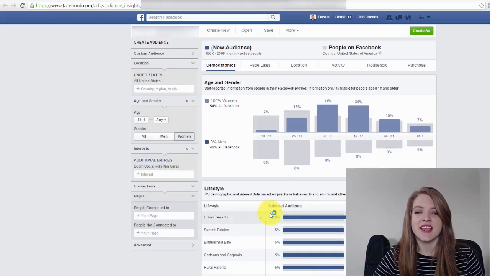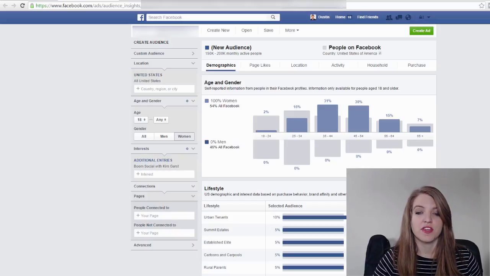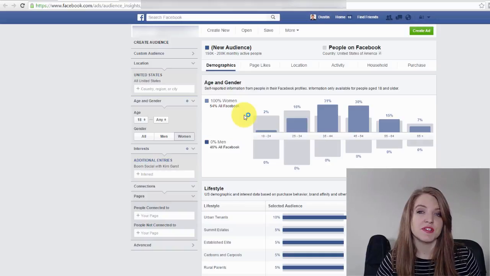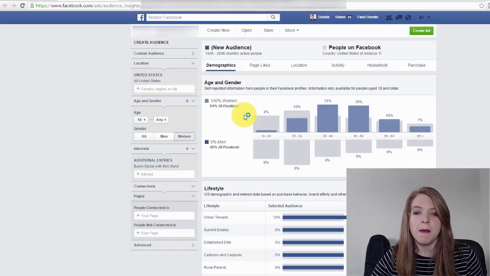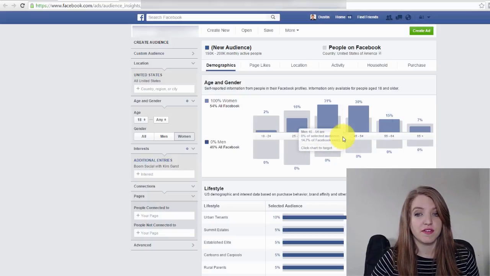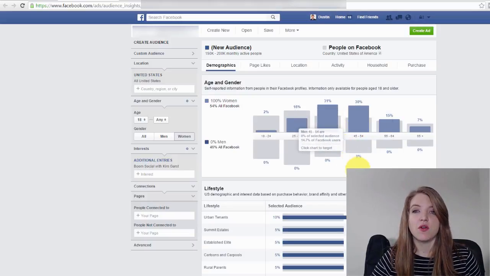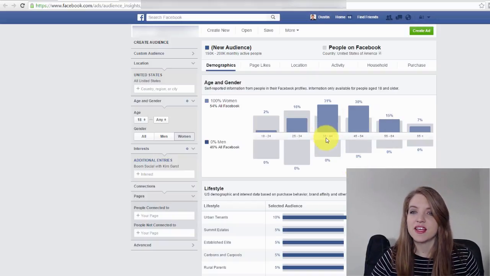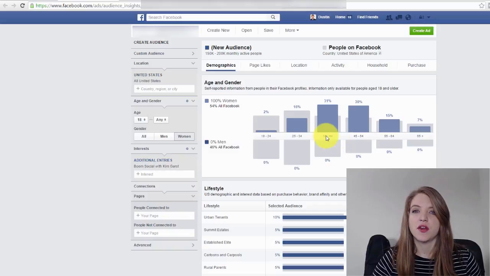And then again, the data is going to change to only show you the information related to the women who have liked Boom Social with Kim Garst's page. Here you can see that it's 100% women because that's all we're looking at. But again, right away, you can see two things that stand out: the 35 to 44 age range and the 45 to 54. So this is telling you that when you're crafting your messages and your ads, if you're targeting fans of Kim Garst,